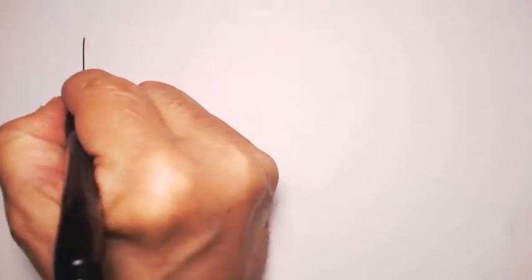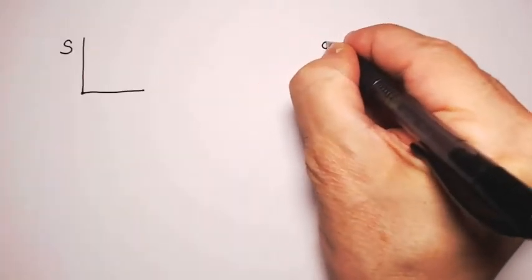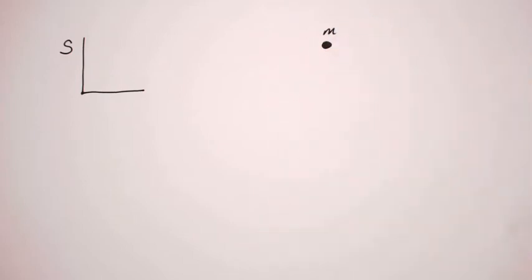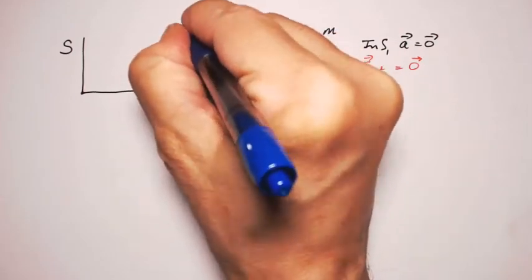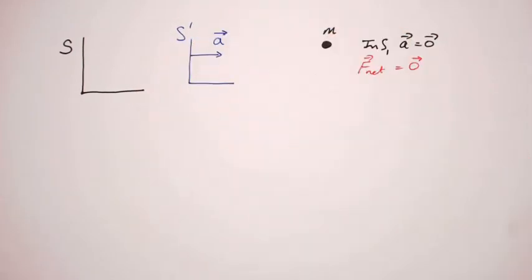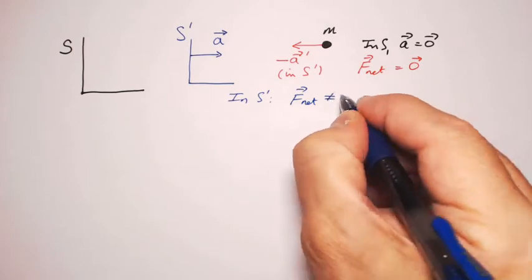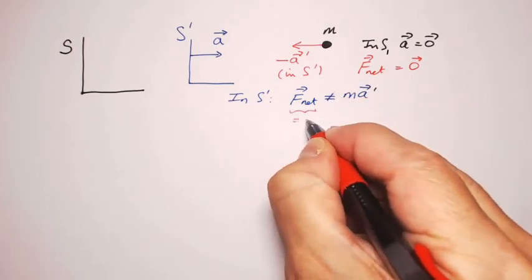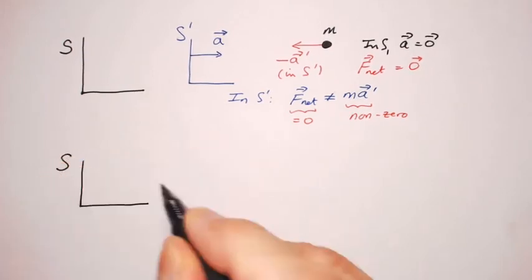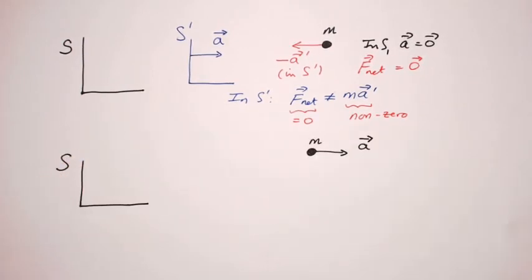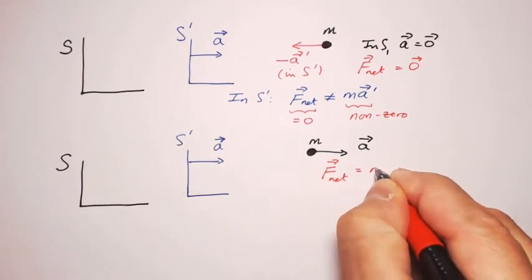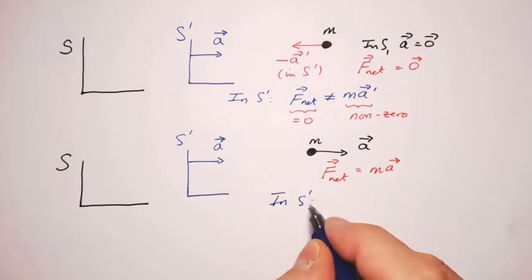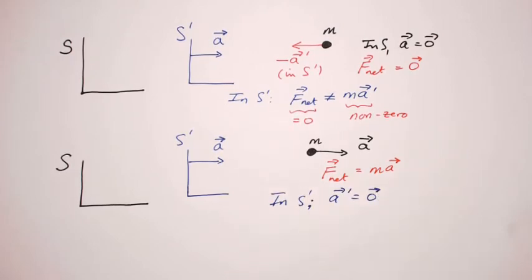An accelerating frame is non-inertial. Consider an object at rest or with constant velocity in an inertial frame S. This object has no net force acting on it. Then, in a second frame S' that is accelerating relative to S, this object accelerates in the opposite direction. But there is no net force acting on it, so Newton's first two laws are not valid in the accelerating frame S'. On the other hand, suppose that in S the same object has the same acceleration as the accelerating frame S'. This means that a net force acts on the object. In the accelerating frame, the object has zero acceleration, so the object has constant velocity.